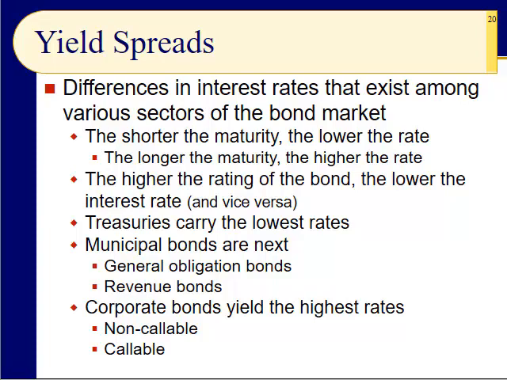I mean, if you're going to have your money out there for 15 years or 30 years, as opposed to 2 years, you're just going to expect a higher interest rate because there's more time for things to go wrong, right? And of course, the higher the rating of the bond, the lower the interest rate because it's just a better quality bond. And this is something you experience if you have a high credit score. You get a better interest rate. If you have a lower credit score, they want to charge you much more.